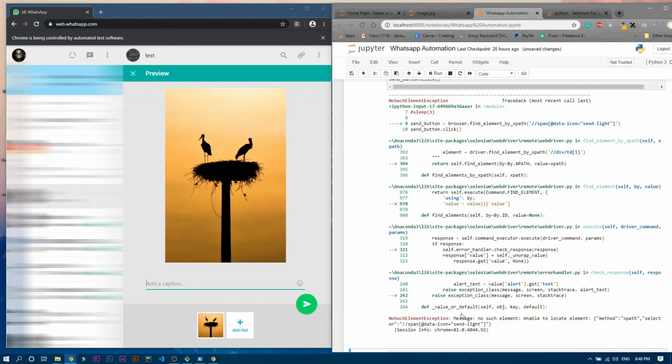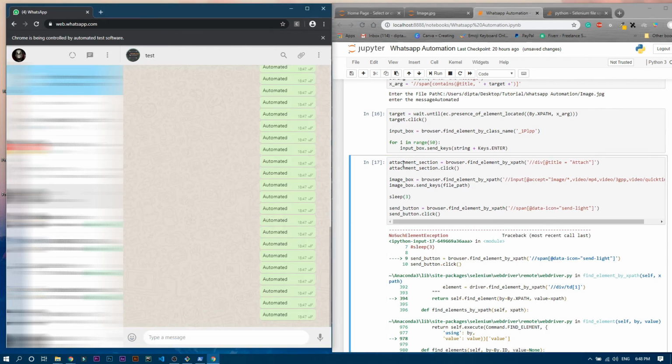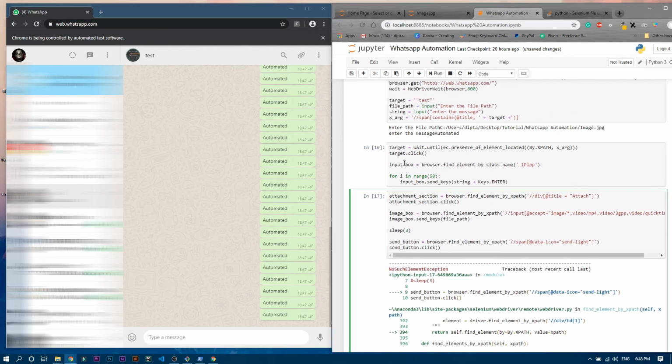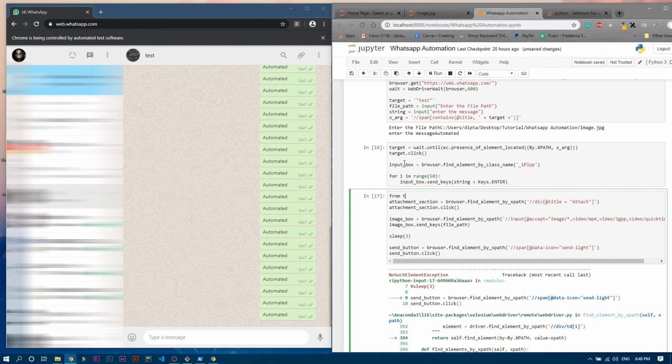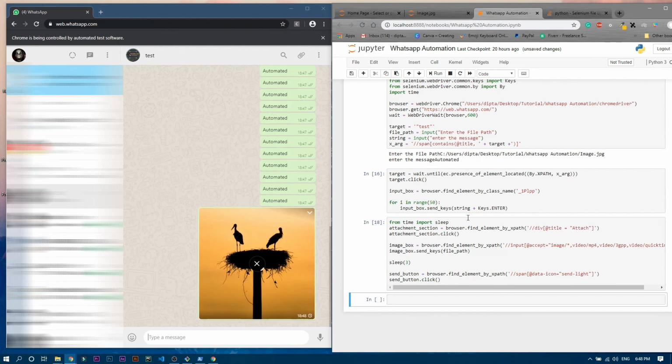Okay, there is an error. Okay, let's fix the sleep so that it should not make any error, and let's write over here from time import sleep. Okay, now let's run it. Well, yeah, now you can see that it sent the photo automatically.